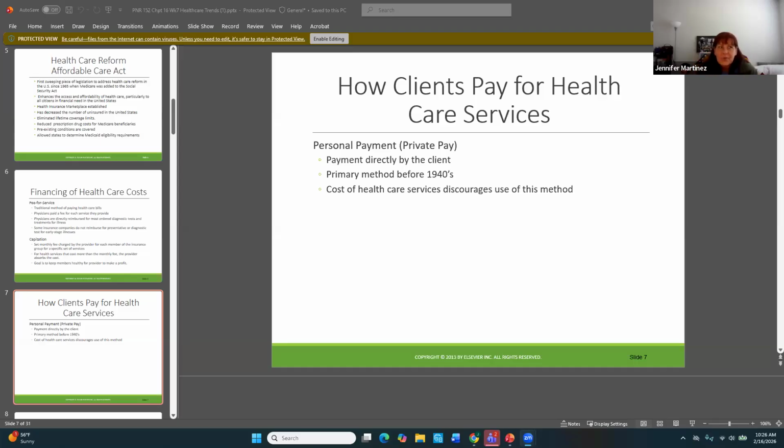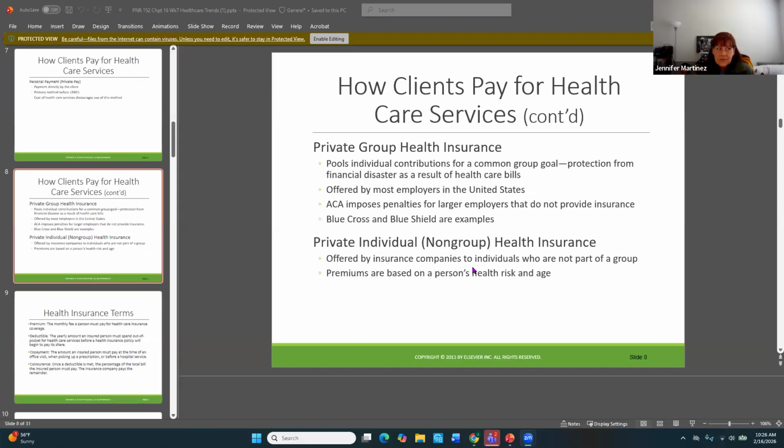to get away from that personal payment, right? And get a health insurance plan that would be beneficial not only for her family, but for her business as well. So those out-of-pocket costs, and even with insurance, I'm not going to lie, some of your out-of-pocket costs can be very expensive.